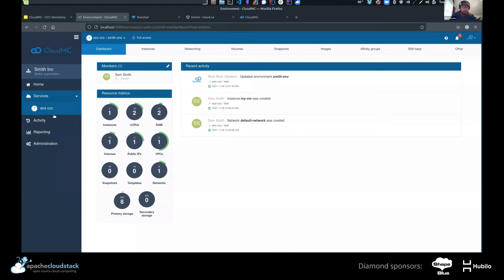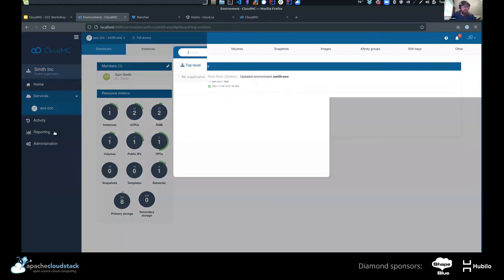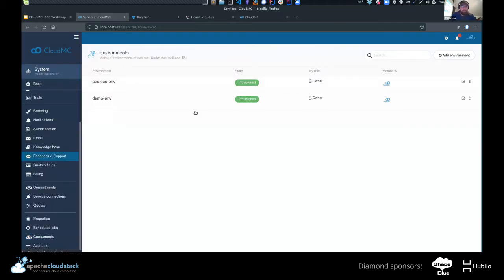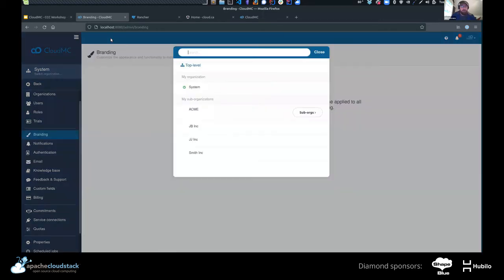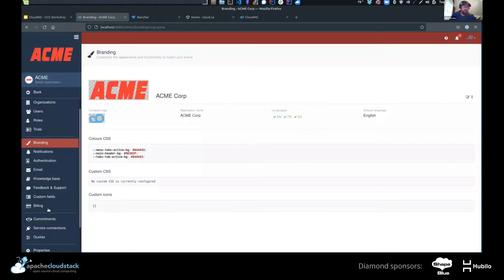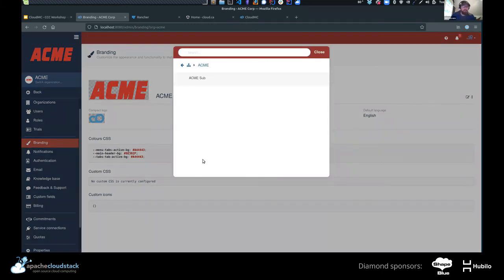So I'll run back to the system, and then I will jump into administration. And so these are a number of different things. Just to kind of show you as well some branding. So I don't have branding set up here, but if I look over here at the Acme one, I've got a different logo. I've got a different thing here. There's a whole lot of different things you can change here. It's pretty much unlimited in terms of how you can customize the look and feel to your organization's colors and logos and that kind of stuff. And then just to kind of show one more layer, if I go down, you'll see that this organization has its own branding as well.